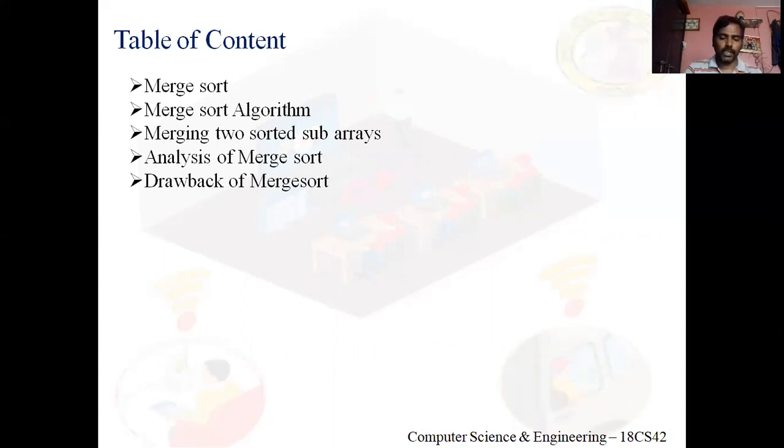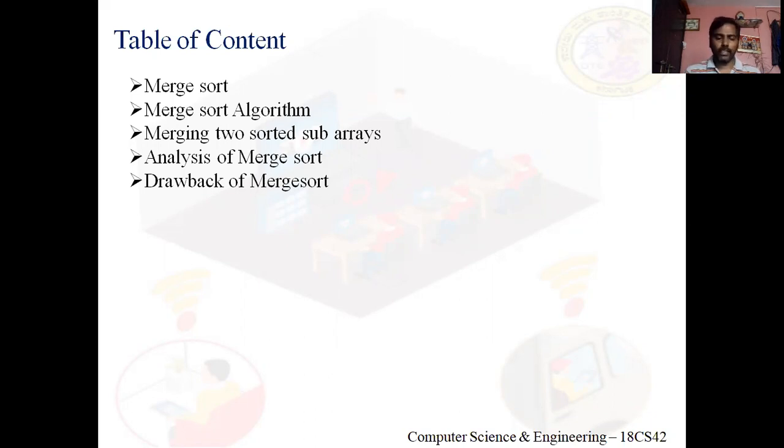So first, in the first part, I'll take you through one example. I'll take an array of some 8 numbers, and I'll show you how to sort that array using merge sort. Once you are familiar with solving a problem using merge sort, then you need to represent the same steps so that a machine can understand, means you can design an algorithm. Clear? Then we will do that later.